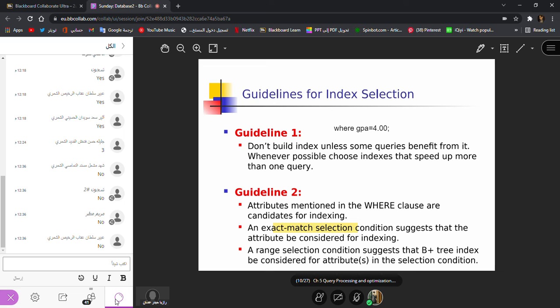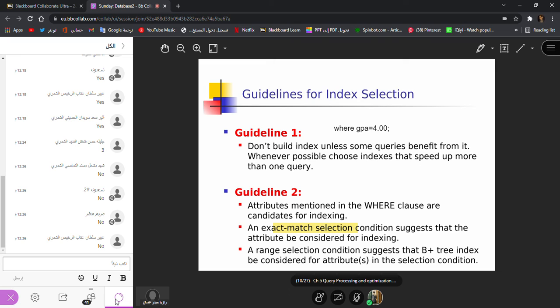And the range selection could be where GPA is greater than 3.5 and GPA is less than 4.5.